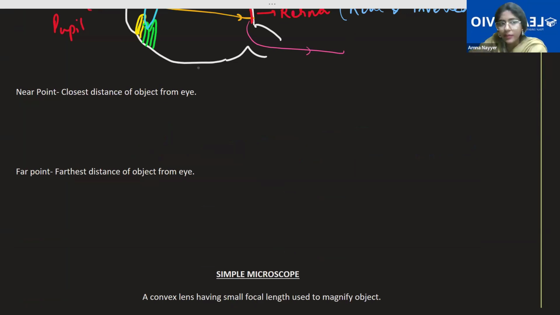From here it is important. What's the near point of the human eye? Near point means, you try to bring an object closer. If the object is here, I'll try to bring it closer, or closer. Let's say a point comes here, and when I'm seeing this object, I'm able to see it clearly. Otherwise, two images are formed sometimes if you bring it very close or very far away.